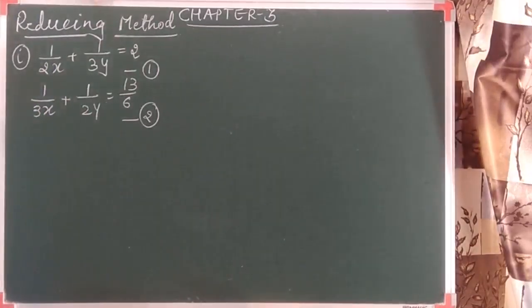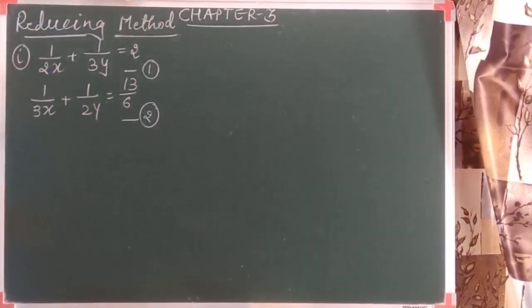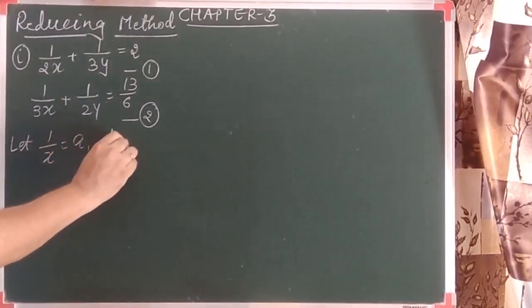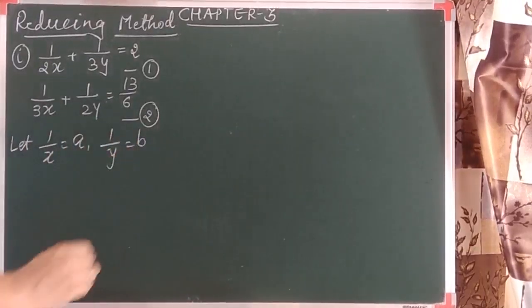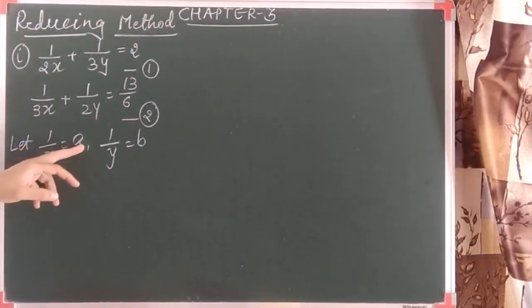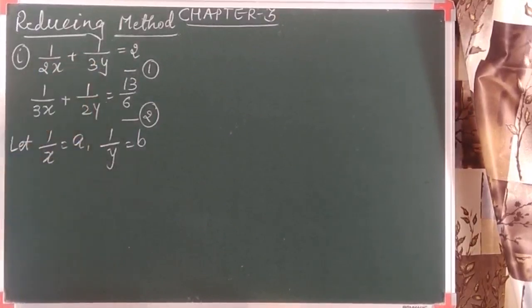So let's see that here the first 2 or 3 steps of simplification are different, and for the rest you can go for any method. So let's continue. Whenever the variables are given in the denominator, we should suppose another variable for the same. So let's suppose 1 by x as a and 1 upon y as b. If I substitute 1 by x as a in the first and 1 by y as b in the second equation, how would the equation be?